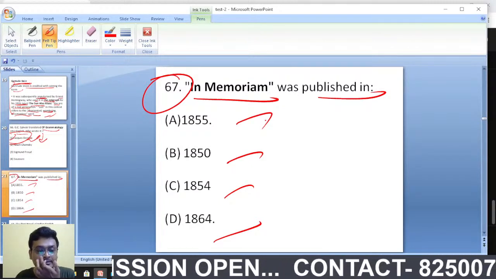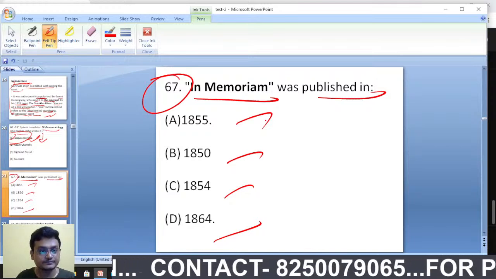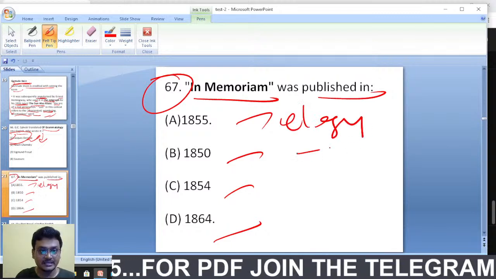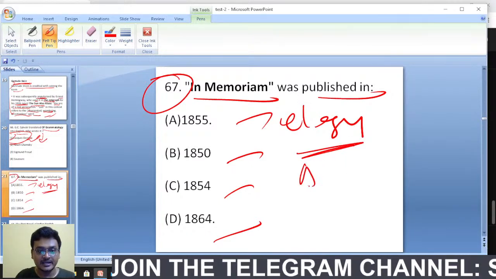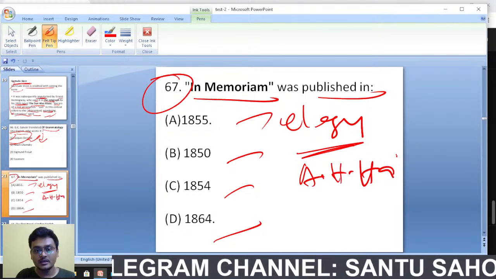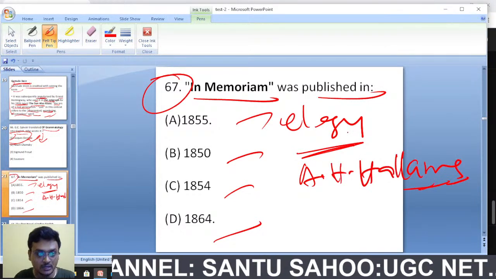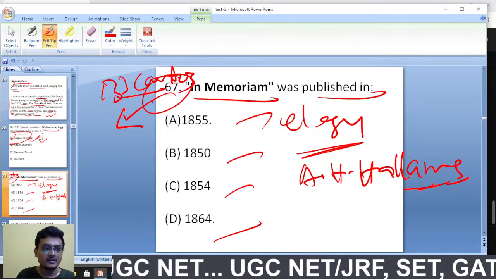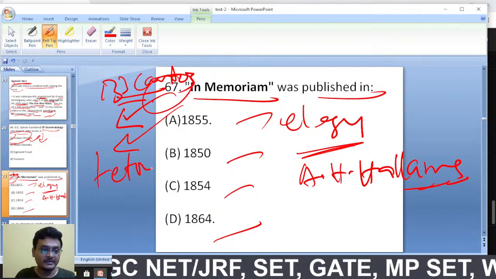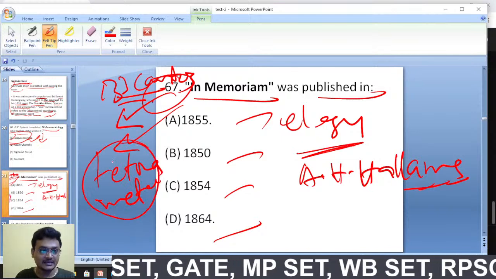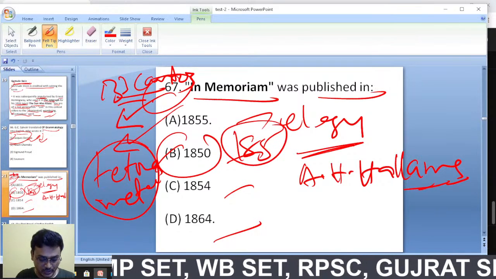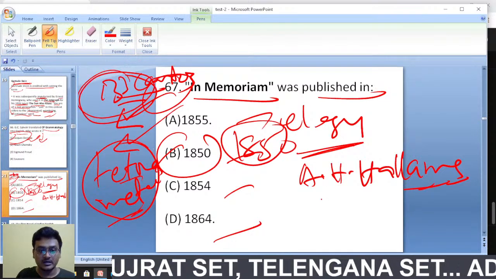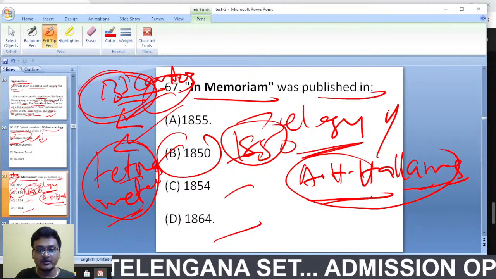In Memoriam was published in 1855, 1850, 1854, 1864. Yesterday I discussed, In Memoriam is an elegy on the death of his friend Arthur Henry Hallam. It has a total of 133 cantos. It was written in tetrameter. Exactly, 1850. Published in 1850. Got it, everyone. Fantastic. It is 1850. Written in tetrameter, total 133 cantos, written on the death of Arthur Henry Hallam, who died at the age